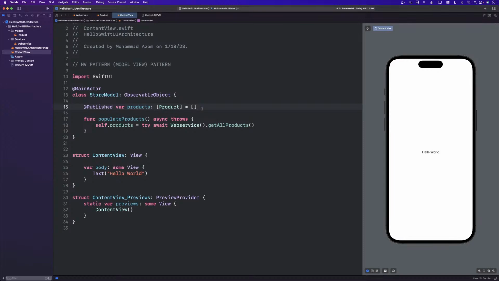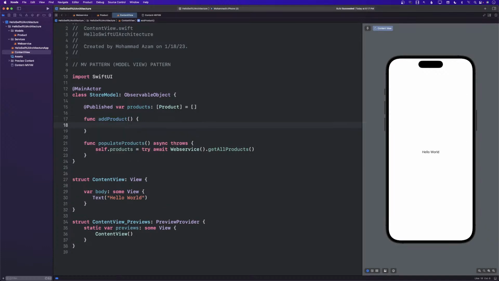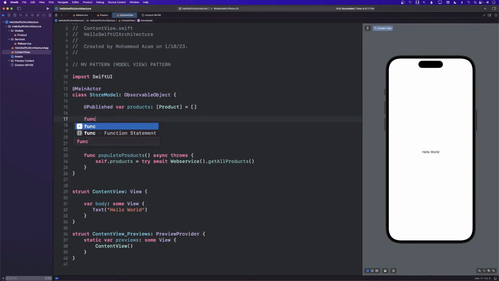But the biggest difference between MVVM and MV is, if I want to add a new product, I'll just create a function called add product, and I will add it. If I want to sort the products, I will just go ahead and do a sort products.